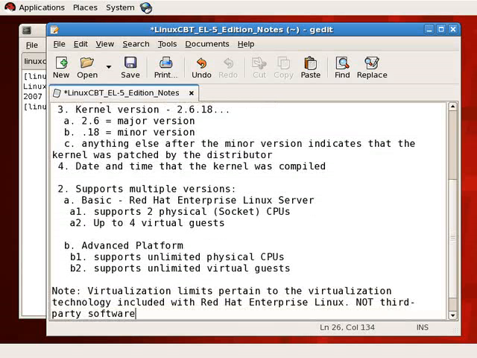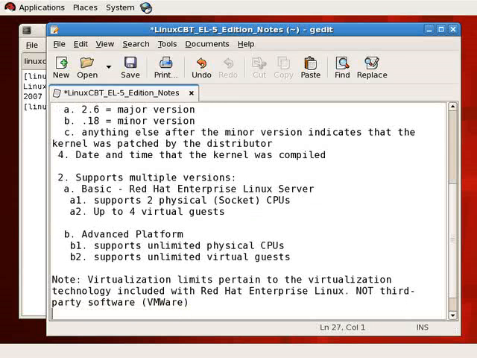And by third-party software, a good example would be VMware. So if you wanted to use, for example, the basic Red Hat Enterprise Linux coupled with VMware, you could support more virtual hosts or more virtual guests, providing you have enough hardware, which means enough memory, CPU, and fast enough